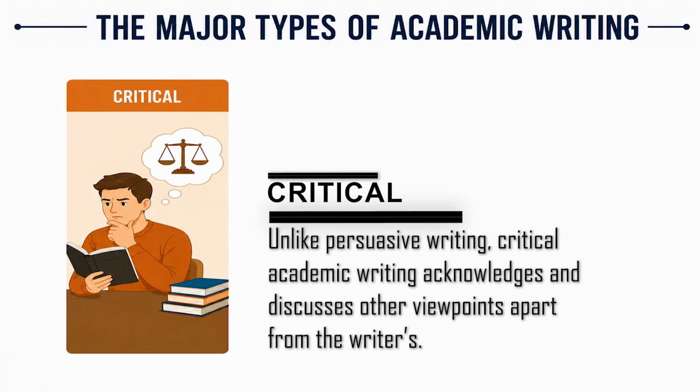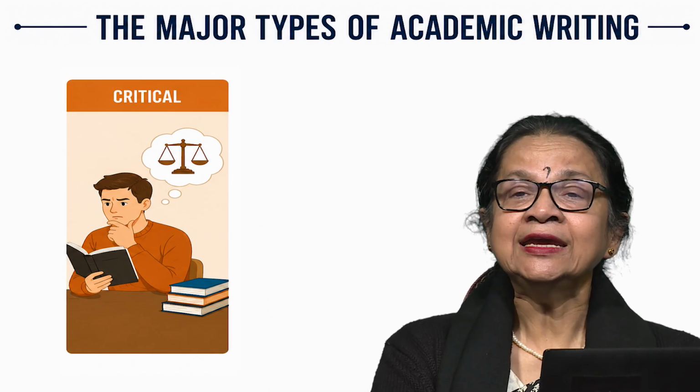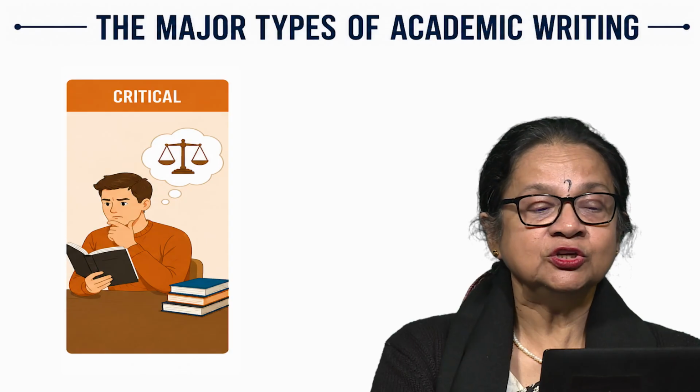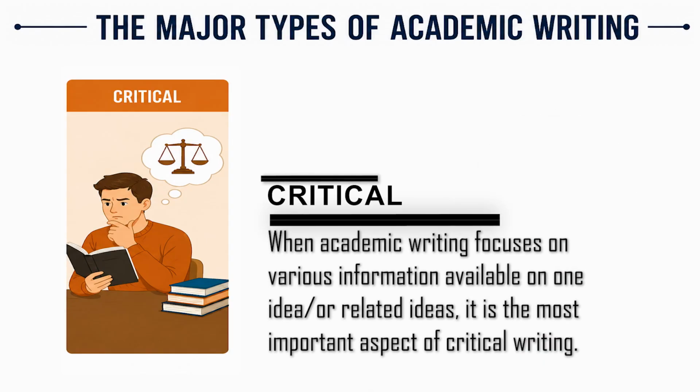To continue with the major types of academic writing, unlike persuasive writing, critical academic writing acknowledges and discusses other viewpoints apart from the writer's. That means here there is going to be a collated amount of information. When academic writing focuses on various information available on one idea or related ideas, it is the most important aspect